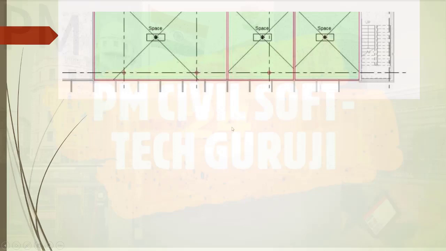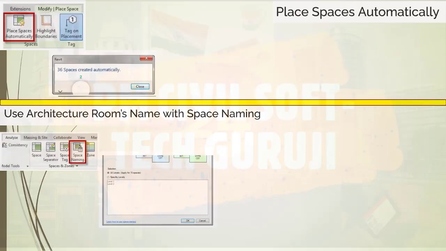Now place spaces automatically. You can manually place the spaces following the steps above. But if you want to automatically place all spaces, you can click Place Spaces Automatically as shown in the figure. It will create spaces for all rooms that are closed by wall boundaries.